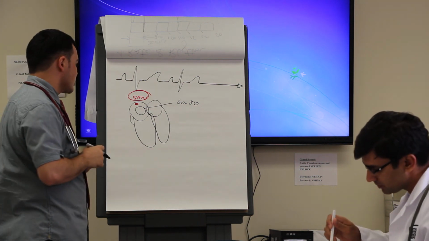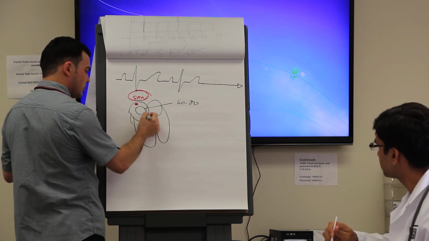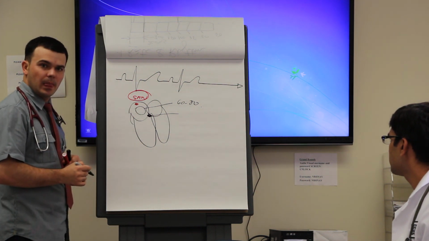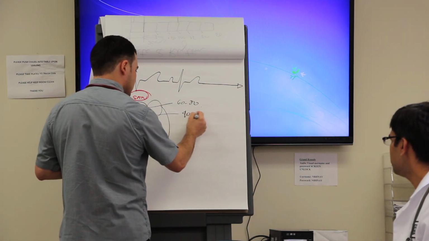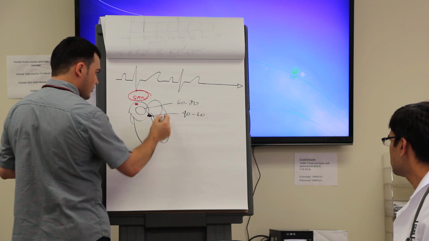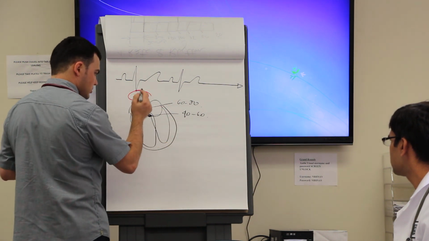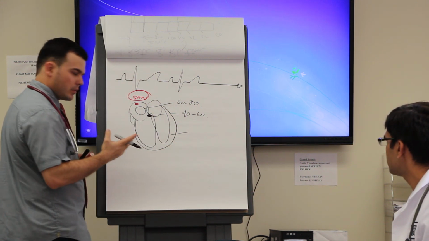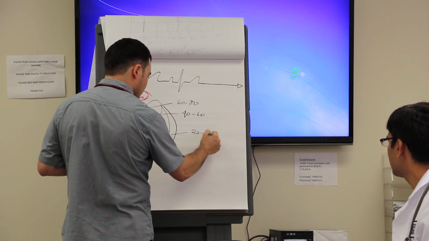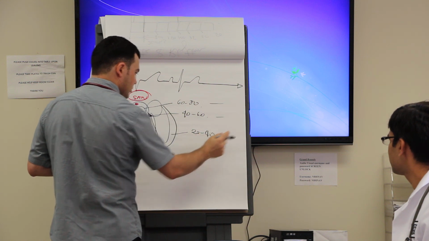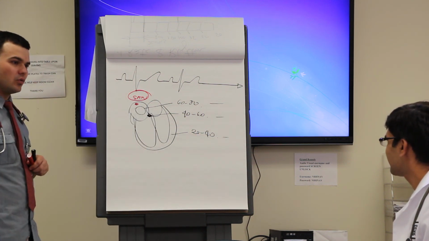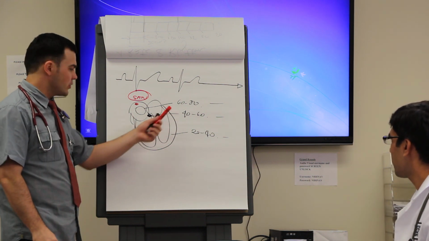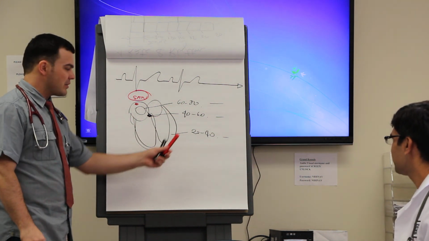So what else? You have the AV node, or the junction as they call it, that can fire at what rate? 40 to 60. And then you have the ventricular escape rhythm, 20 to 40. Which one do you want to be safe? If I gave you a choice, which escape rhythm do you prefer? You would go with this one, not this one. But I've seen enough old people